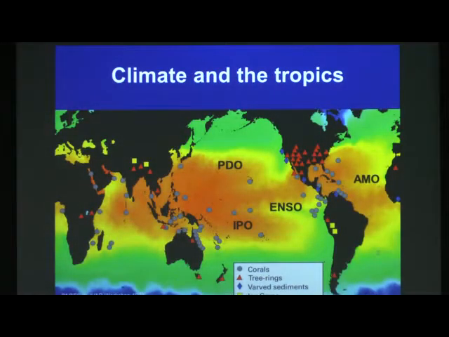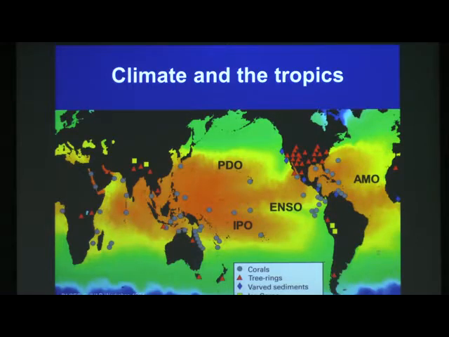So I'll start off with an overview of my research interest, and that's looking at climate in the tropics. The tropics have these very large warm bodies of water, here in the Western Pacific, and also here in the Gulf of Mexico and Caribbean. My dissertation work was focused here in the South Pacific. I'm not going to talk about that today. I'm going to focus more on the Gulf of Mexico, but I do have research interest in both regions.